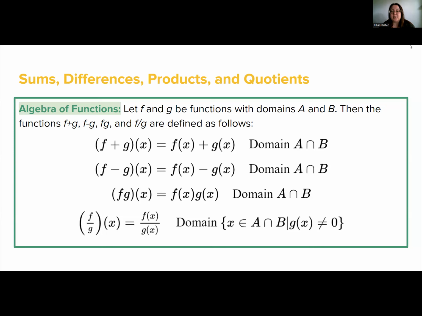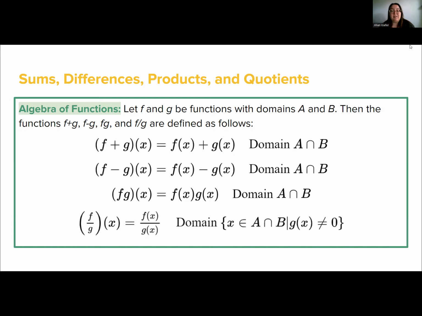Now for the domain, in the first three here, they're all going to be the same. So we have this domain A, and then we have this upside down U, B. The upside down U is what's known in statistics as the intersection. So we're saying the domain is A intersect B. And the intersection represents the word both. So in this case, our domain would have to be the values of x that existed in both A and